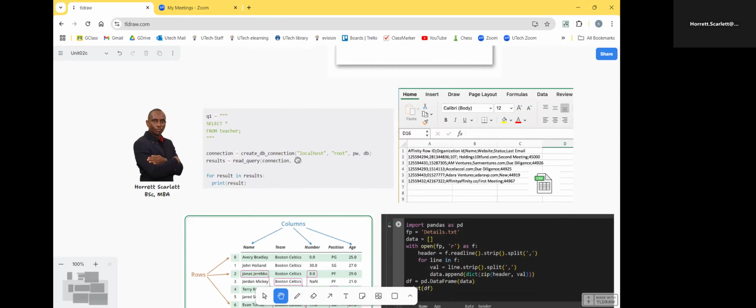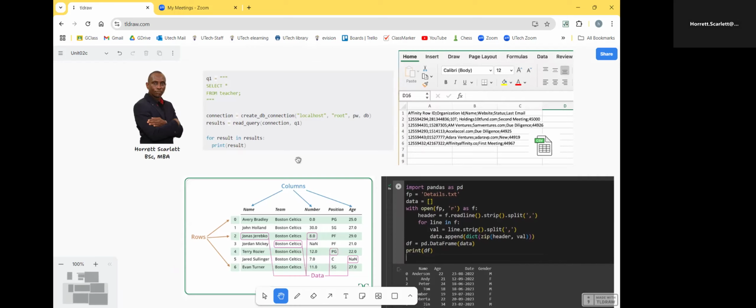Another thing that is important from a Python standpoint, if we're going to use it for data analysis, is that we should be able to connect to a database and extract information from that database, and also update it using the same CRUD operations that we spoke about earlier. Suffice it to say, as depicted by this graphic, that we are able to use the Python language to connect to databases like a MySQL database. In this case, we are connecting to the database and extracting information from it by making use of something known as an SQL query.